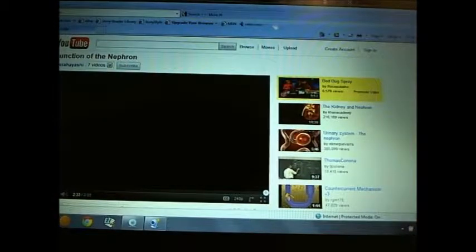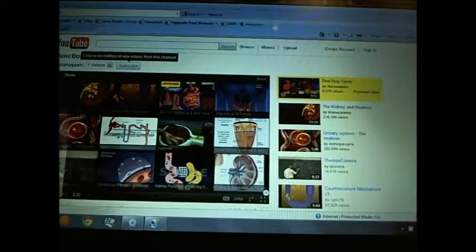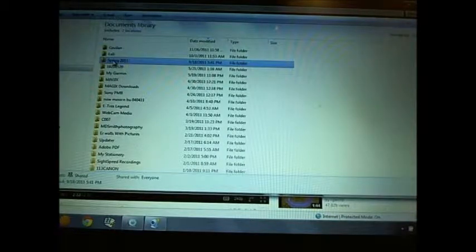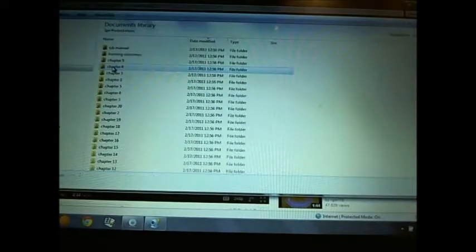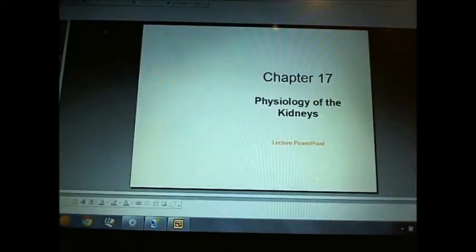Okay, going on, let me get back into the chapter. So you've seen the structure of the kidney, the structure of the urinary system. Hang on one second here. Eventually this will come up. So